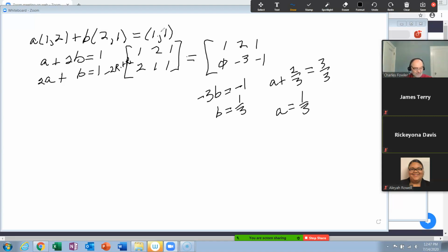So notice a couple things. Every vector space is a set of things that you're looking at. They could be polynomials, they could be functions, they could be matrices, they could be vectors, they could be any set of things you're looking at. You've defined some way to add them, you've defined some way to multiply them by a scalar, and if those definitions work for every one of these axioms, then it's a vector space.